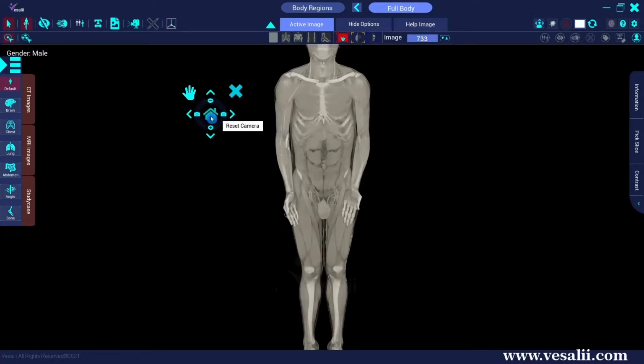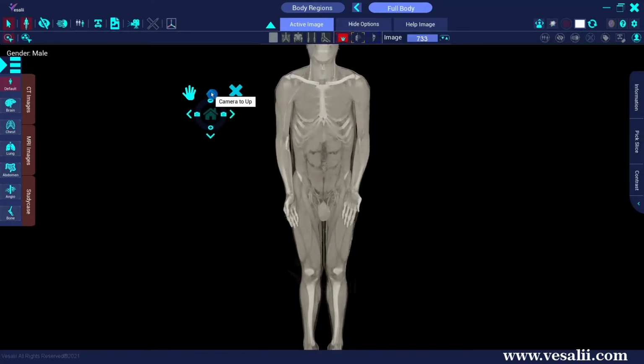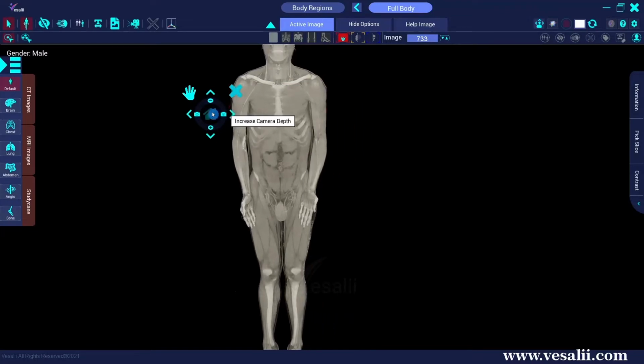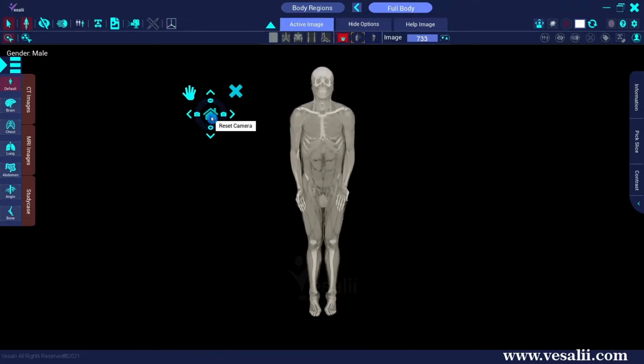The directional arrows move the 3D view up, down, left or right. And the Home button resets the 3D radiology images and the camera view to their original position. The Hand button moves the navigation ring on the screen, and the Close button closes the navigation ring.